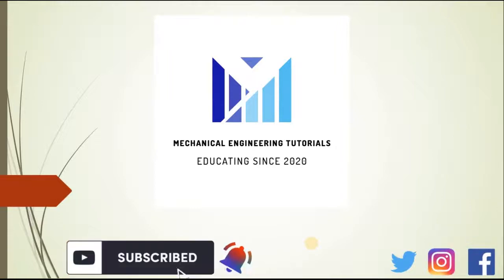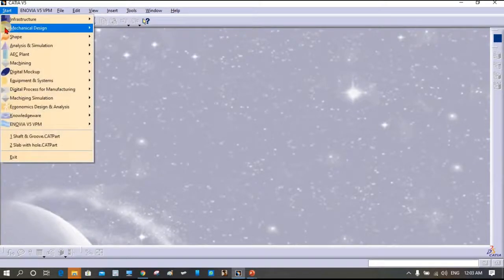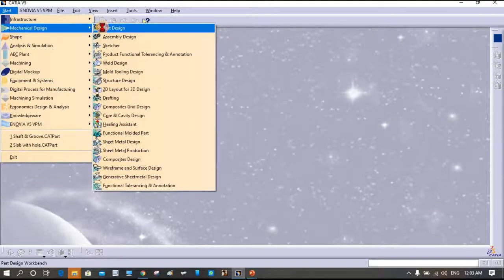Friends, now let us switch to the CATIA interface. So friends, this is the CATIA interface, as soon as you double click the CATIA icon and open the software. For the part design, we go to Start, Mechanical Design, Part Design.